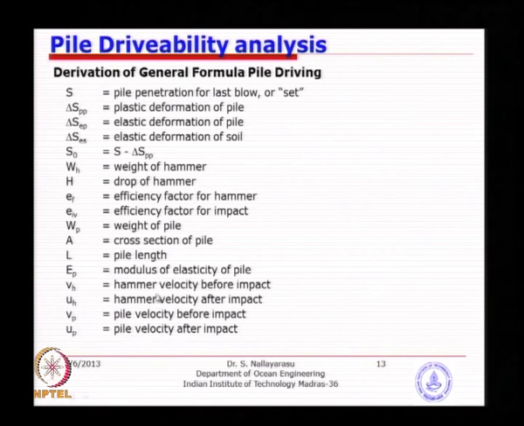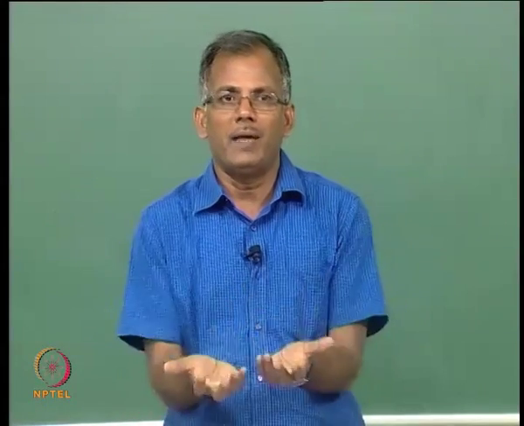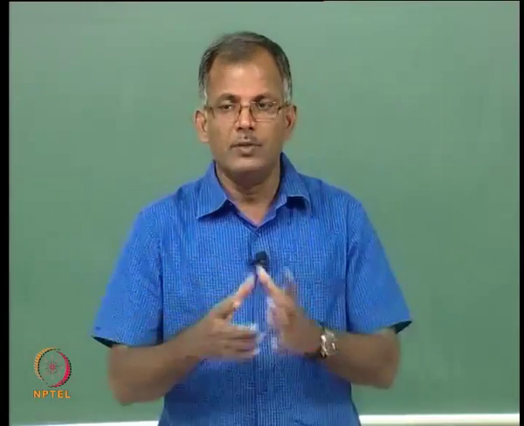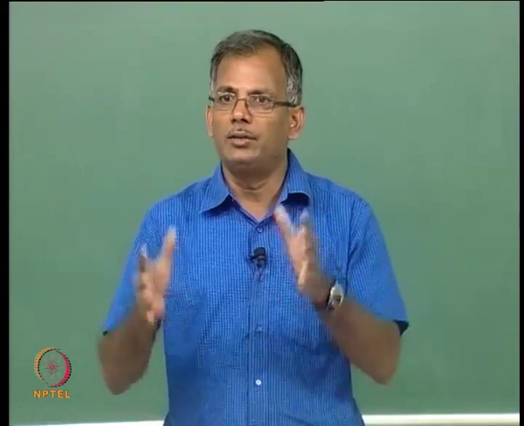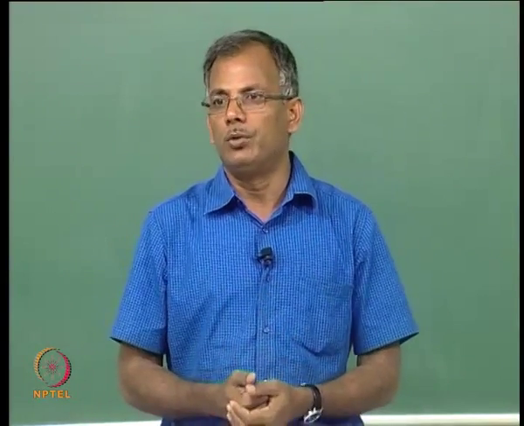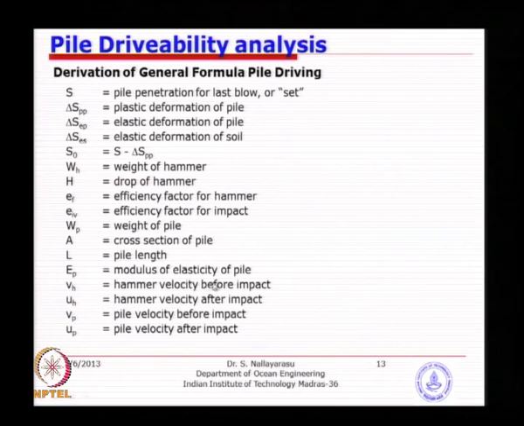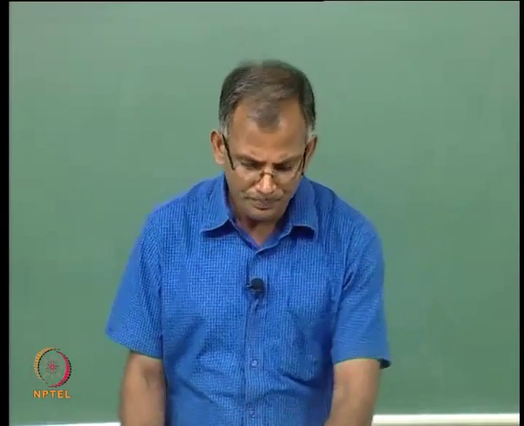And then you see here the hammer velocity and the pile velocity at the point of impact, how the pile goes down. If it is a rigid material not having any spring stiffness, then that means there is no movement. But here you have got a pile which has got its own properties and is supported on a soil medium which is going to go down. So, there will be a velocity of the pile head. So, this is basically the before and after, the notation is given basically V and U. So, you got to just remember, because we are going to calculate the coefficient of restitution using these velocities.